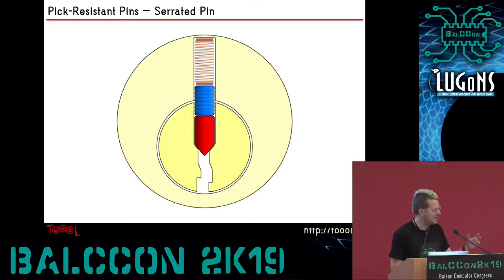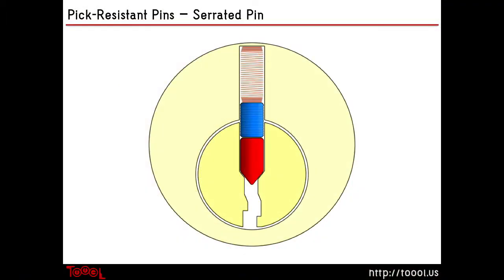And actually, I picked up this padlock. It was open. I locked it, and then I haven't been able to pick it open yet. I've spent a couple of hours on this lock and haven't been able to get it back open again because it's all serrated pins. Not that I'm the greatest lock picker, but